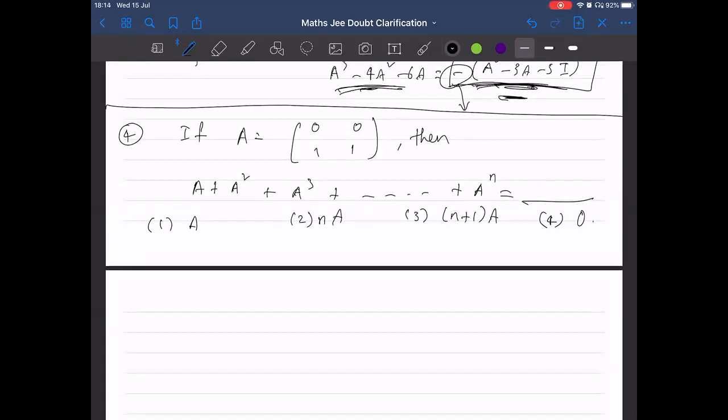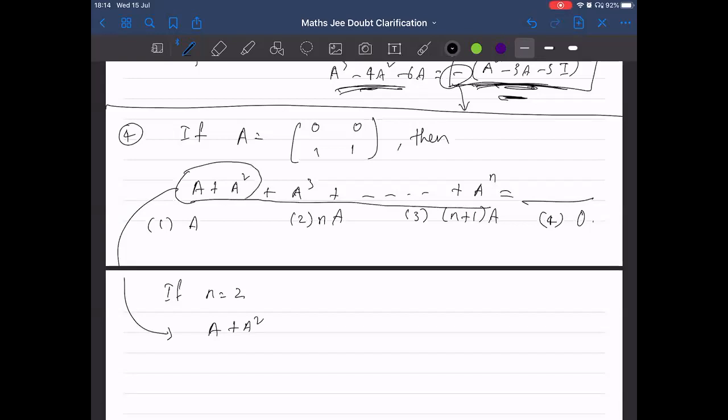So if you take n value as 2, then the question itself will contain only 2 terms. So here n value represents the number of terms. N value 2 means you can take only the first 2 terms. N value 3 means you can take 3 terms. So I'm just saving my time and taking n is equal to 2. So I will consider only the first 2 terms.